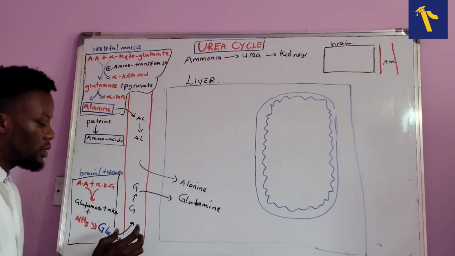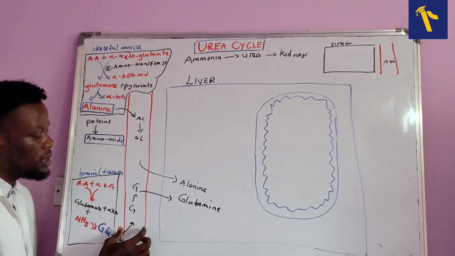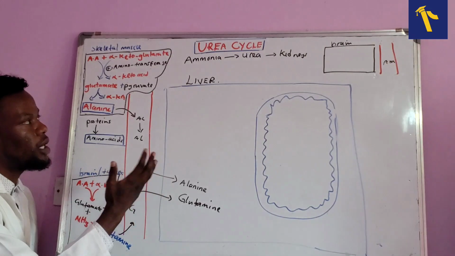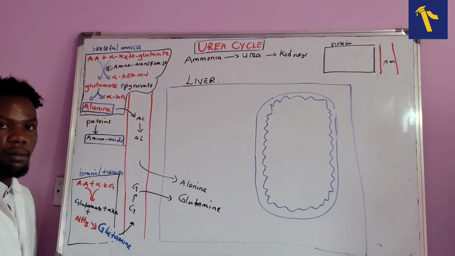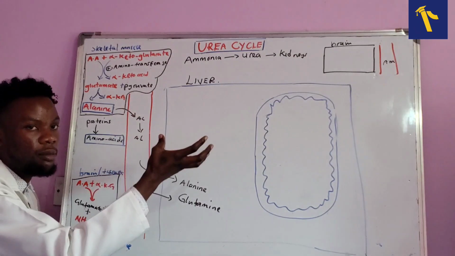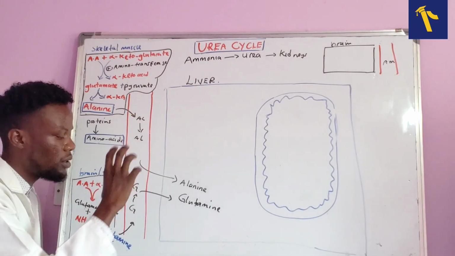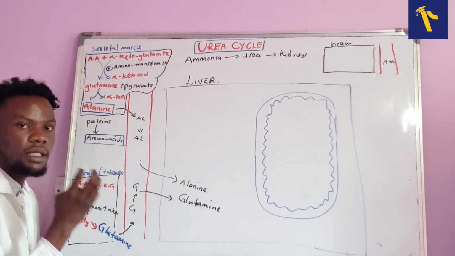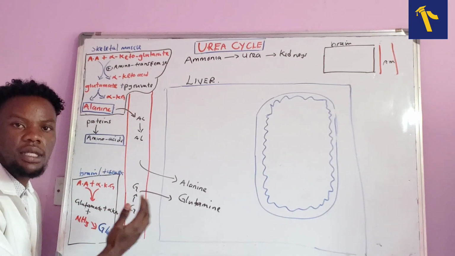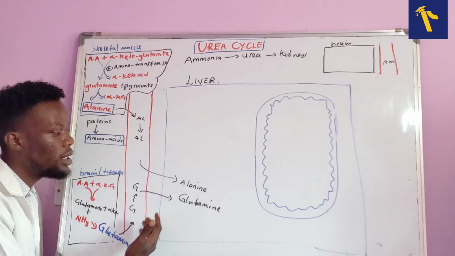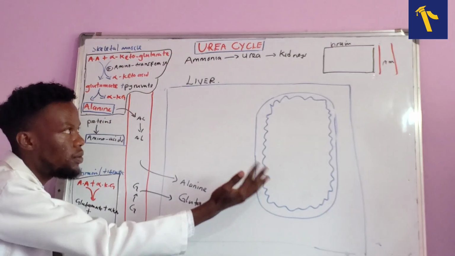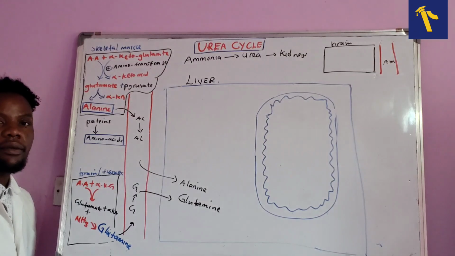And it is less toxic. The reason why glutamine within the blood vessels is less toxic compared to the free ammonia that we talked about is that ammonia, if it is in the blood vessels, can go to the brain and cause cerebral edema. But glutamine can't do that. It is safe and can penetrate different membranes of body tissues. So it has that ability to also penetrate the liver so that it can continue to the urea cycle.